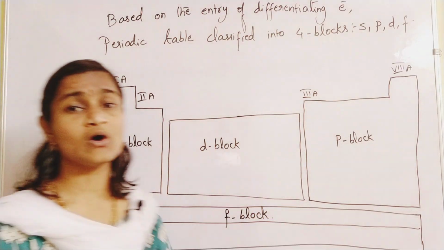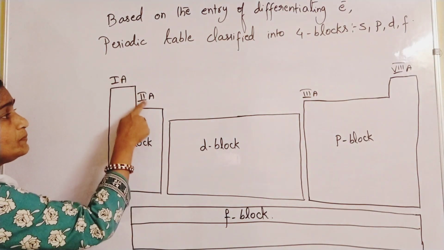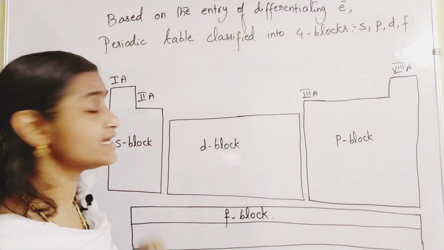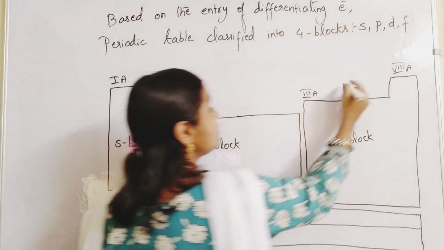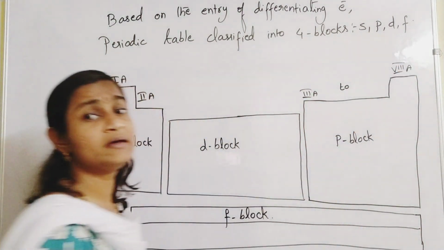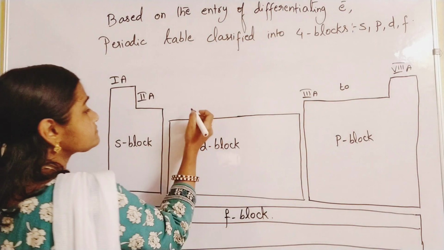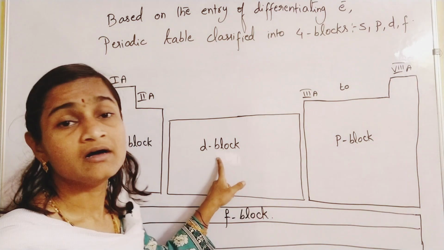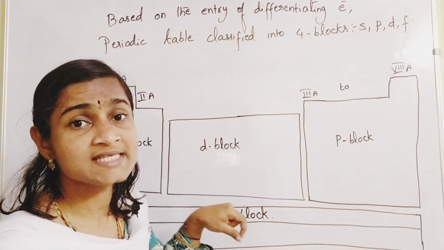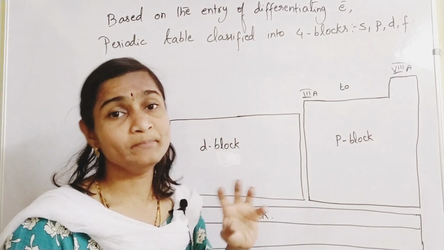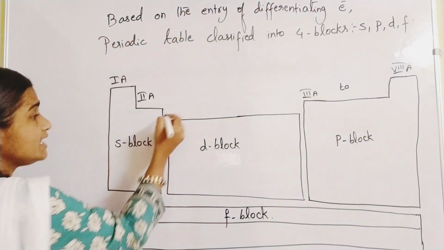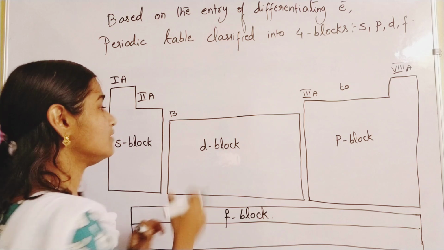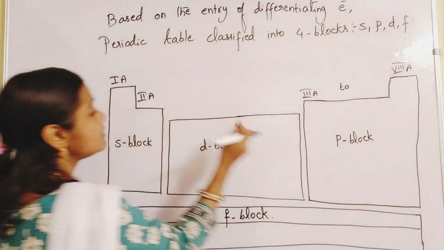Like that, 4 blocks are there. Here 1A group and 2A group elements, meaning alkali and alkaline earth metals, come under the s block. 3rd A to 8th A group elements come under the p block. And here, as we have learnt from the configuration, if the electron is entering into the d subshell, they all belong to the B category groups. Here, the 13th column to, better I write it in terms of B category groups.